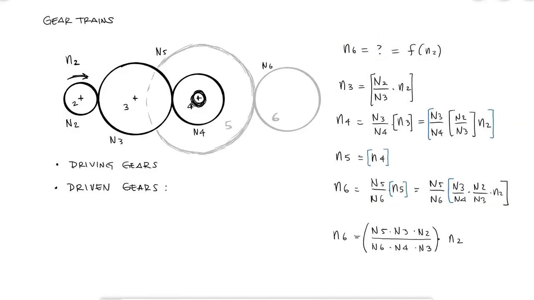This expression shows us several things. The first thing is that N3 appears both in the numerator and the denominator, and that's totally fine. Of course, this means that mathematically it'll cancel out, which means that physically it's not affecting the output speed of the system. These gears are called idler gears, and they are usually used just to change the direction of the rotation,